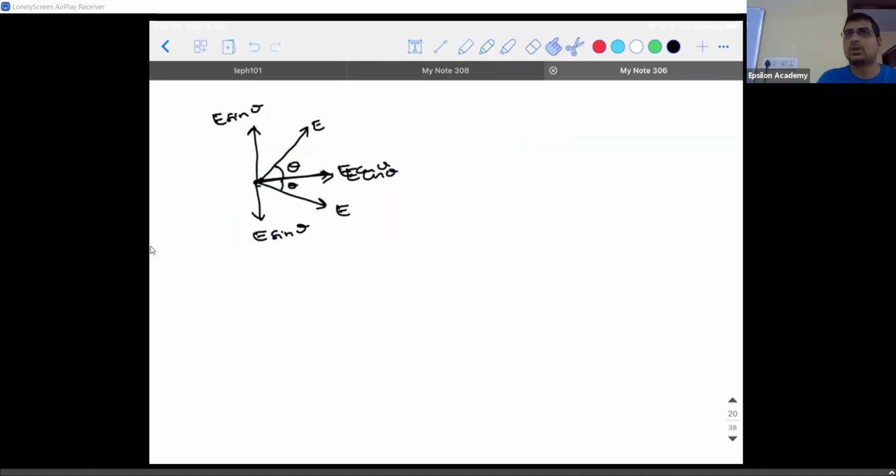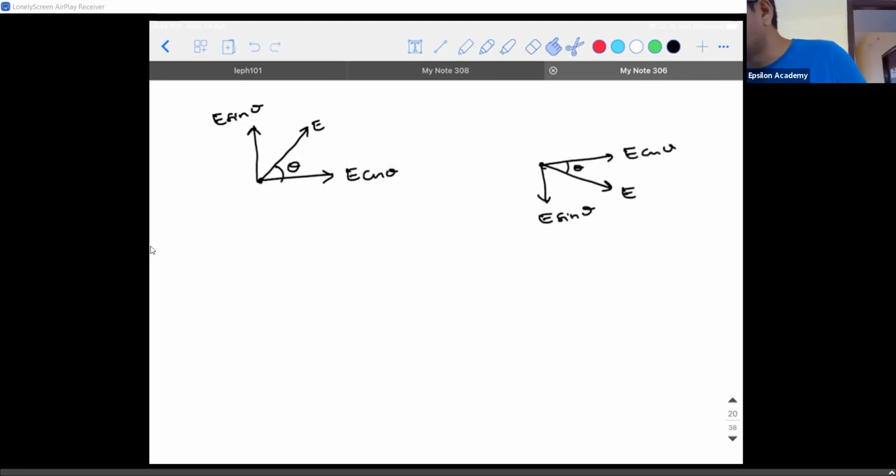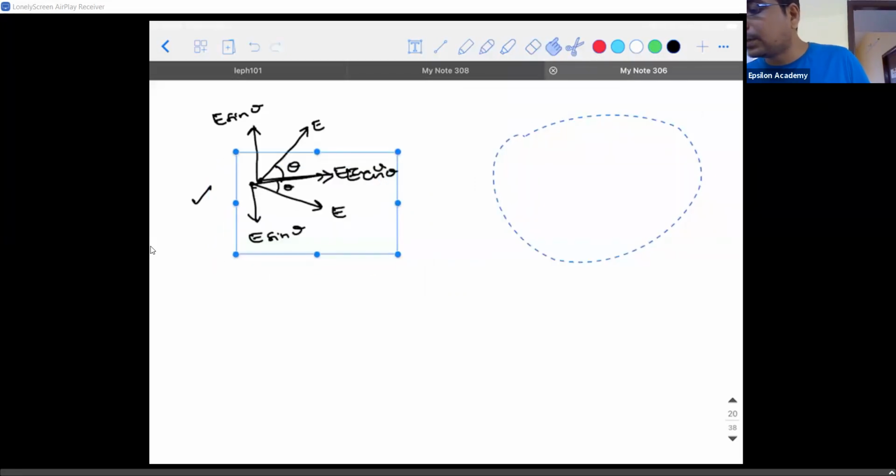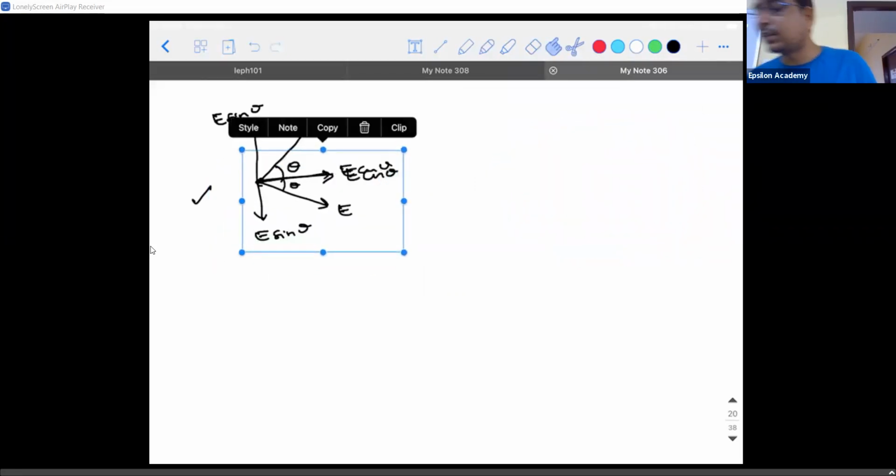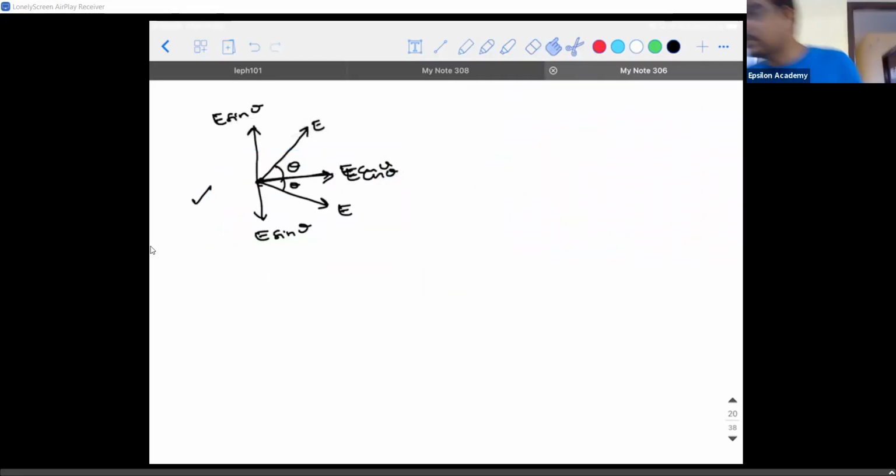did you understand what I did? See, those who missed it. This is the electric field due to the first charge at point P. This is the electric field due to the second charge at point P. Now, I don't want them as separate things. I want them to be under the same roof. I bring it and keep it here. Then what can I say? E sin theta component gets eliminated and E cos theta is the component which is going to exist, and that is exactly in the direction of the resultant.